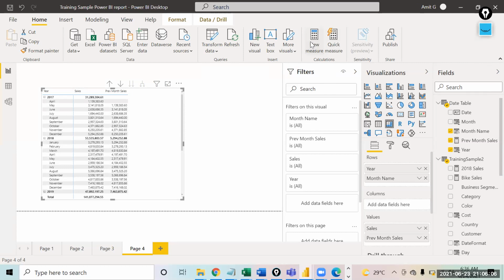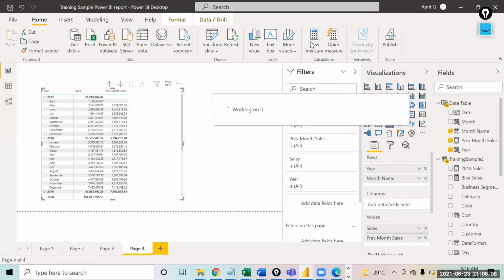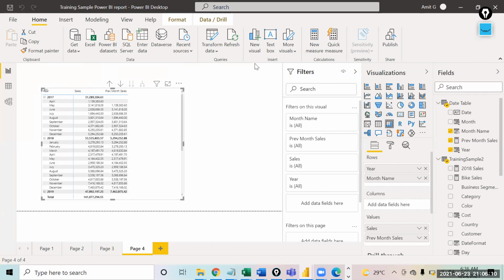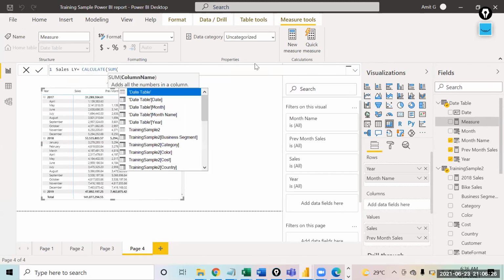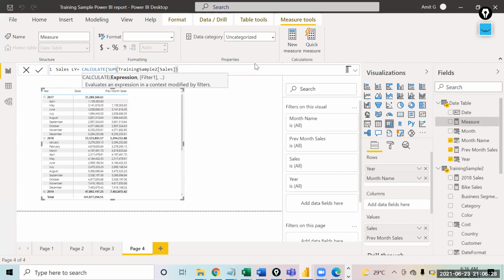If you create a new measure now, and over here I say sales last year. I will use the same formula, CALCULATE, sum of sales, comma.